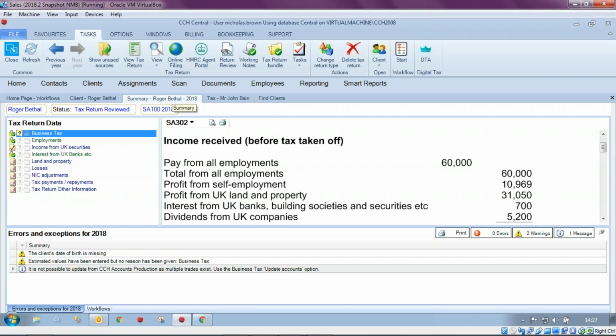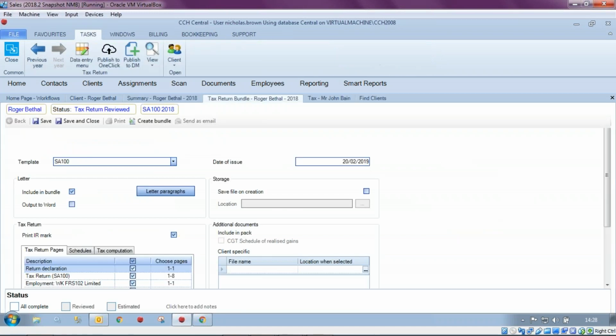What the tax return bundle is, it is what it really says it does. It bundles everything up, and on my ribbon bar here, I've got the tax return bundle. There is a little bit of configuration in terms of everyone wants to see how their letter looks, and you can configure the paragraphs. You can also decide as a practice what goes into the bundle in terms of the comps and the schedules. But if I just click on Create Bundle,